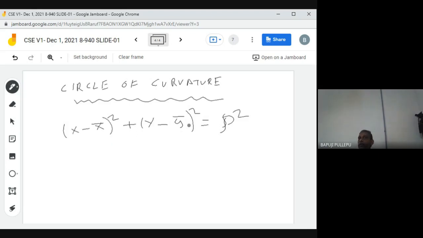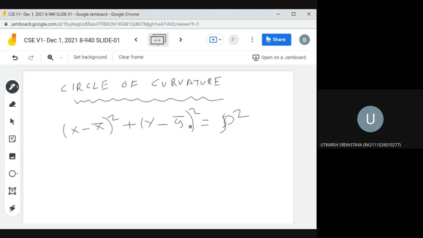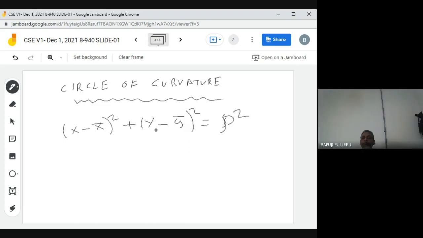Clear? Yes, sir. Now radius of curvature is already done. We have done three formulas: y is equal to f of x means (1 plus y1 square) whole power 3 by 2 by y2, then x dot square plus y dot square by x dot y double dot. So using that you can do. Now if they ask centers, you can find x bar y bar. Find the circle of curvature means you have to prove that (x minus x bar) whole square plus (y minus y bar) whole square equals rho square. So x bar y bar becomes center, the radius of curvature becomes radius. Note down. This is a guarantee one question, compulsory question.